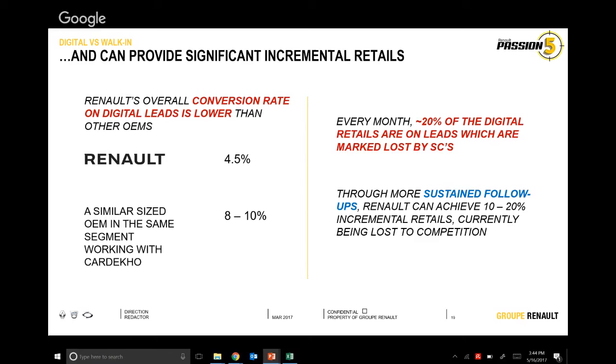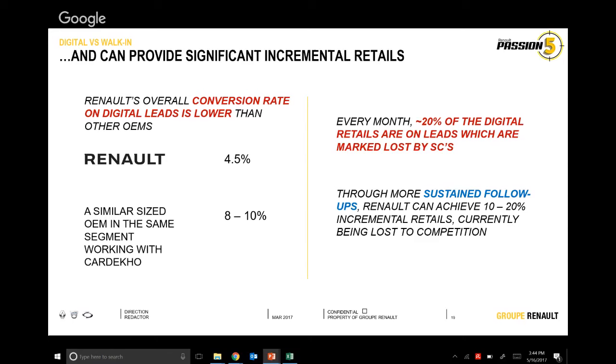A dealer is able to give a conversion of 8 to 10%. Why can't everyone give that? Every dealer has that kind of potential because it is the same digital lead that the other dealer is getting, and the same quality lead is being passed on to you also. So every dealer has the scope to give around 8 to 10% conversion if the process, the follow-ups, the engagement is timely and proper. Very important here to know that